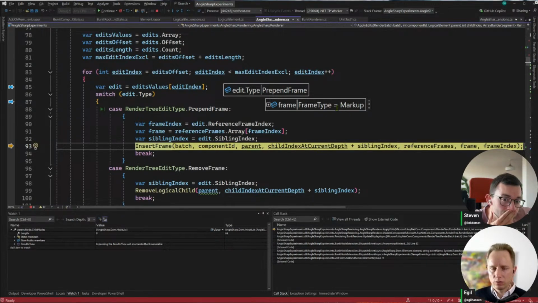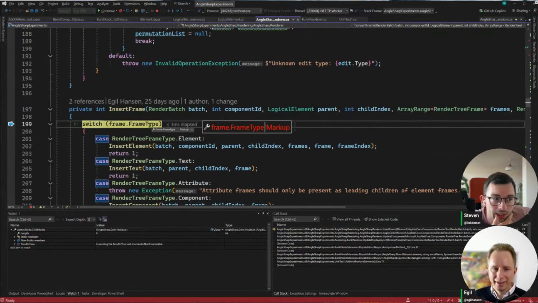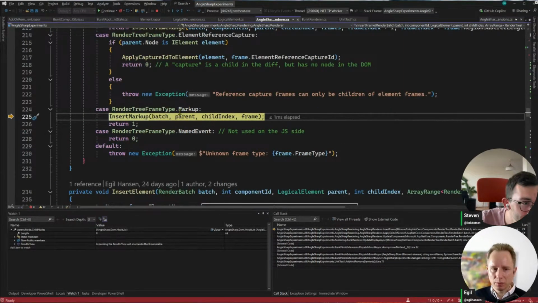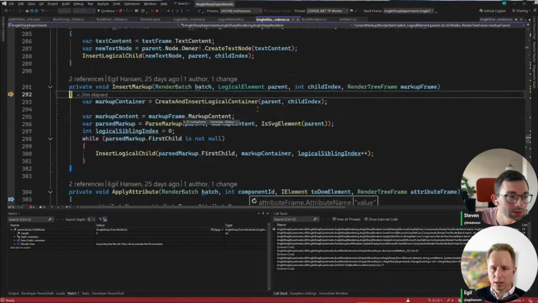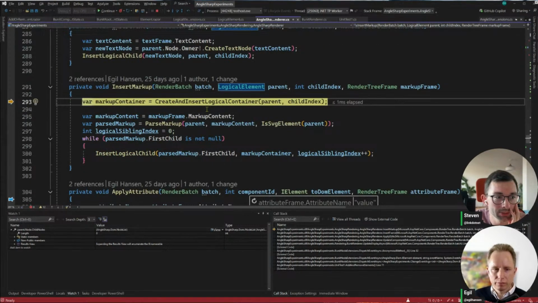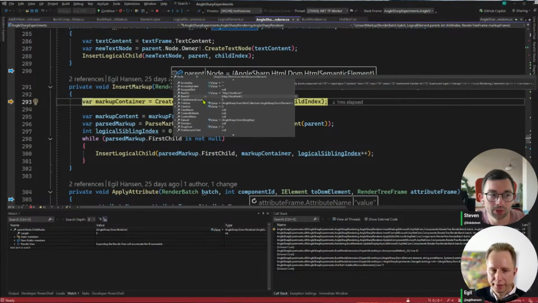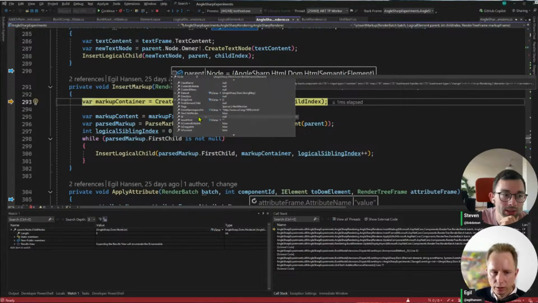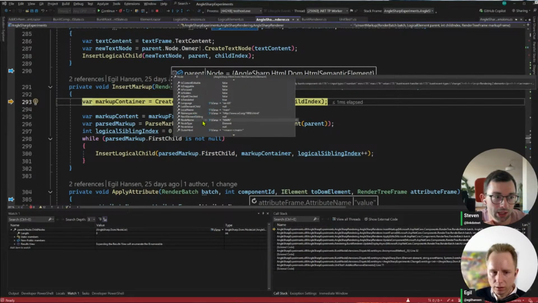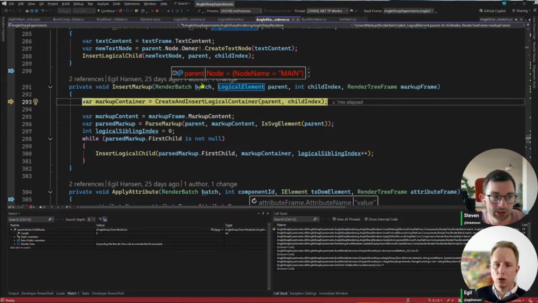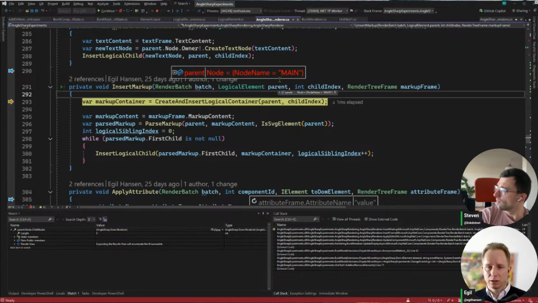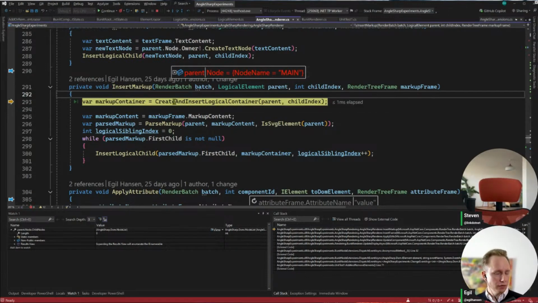So, well, maybe I'm not sure. Let's step in here. We have lost markup. We have markup, and okay, what's parent now? Insert markup. Wait, can you hover over parent? What parent still is? Parent is still the body, or? Parent is still. Yeah. Ah, no, it's not. The logical parent of this is the body, so we are the main. We are the main element. Yes. Yeah, there. Outer HTML. If you see the outer HTML of this, okay, that makes much more sense. Yes. So the parent element we are working on is the main, and it now has child content,